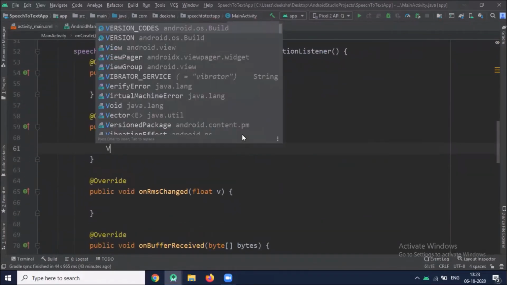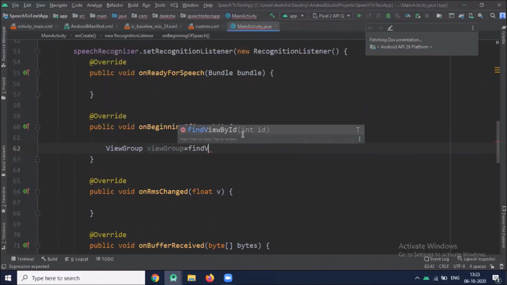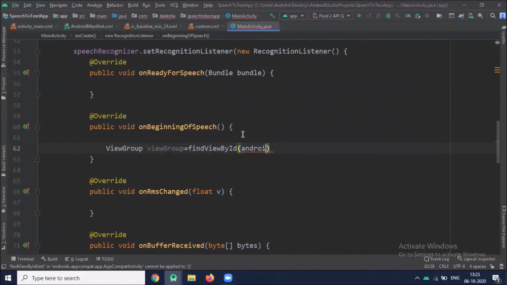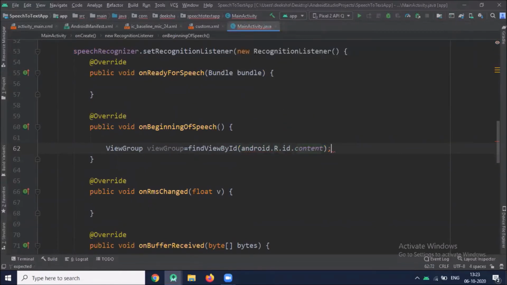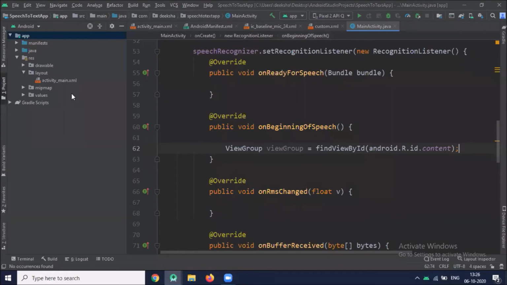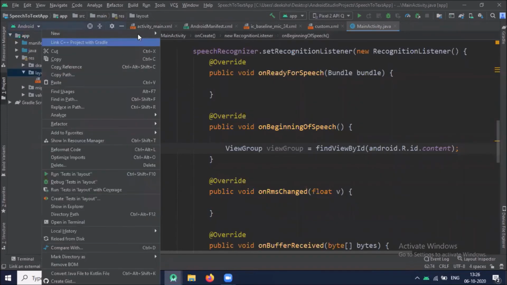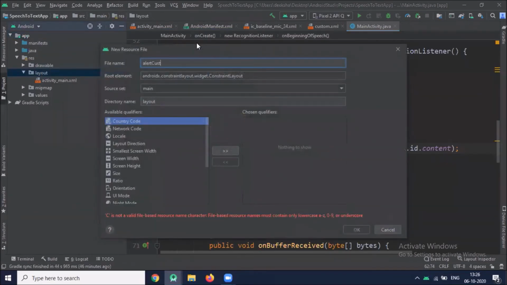First we create one view group. Now we create one layout. Name it alert_custom.